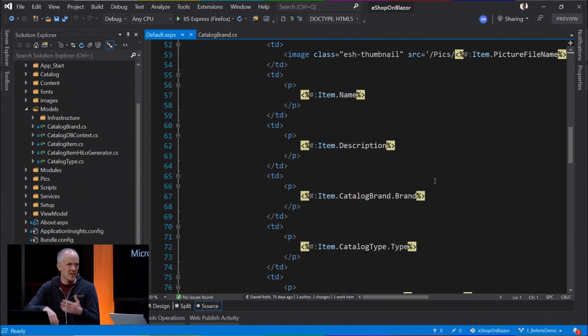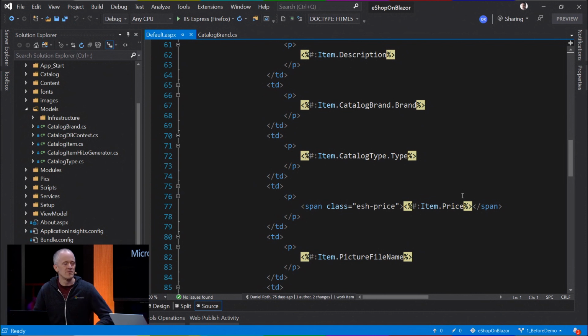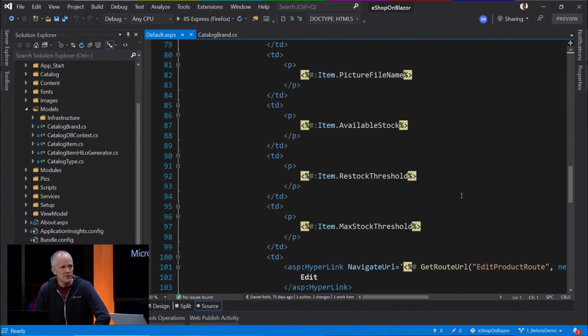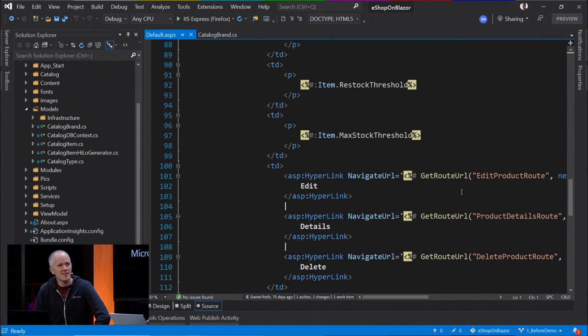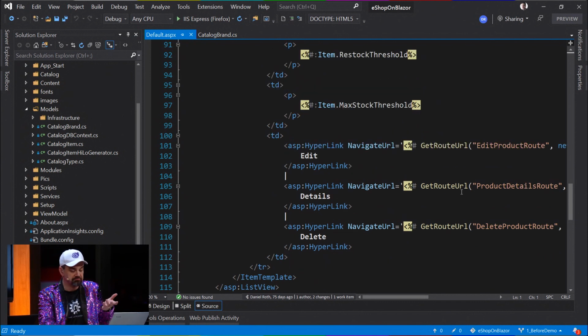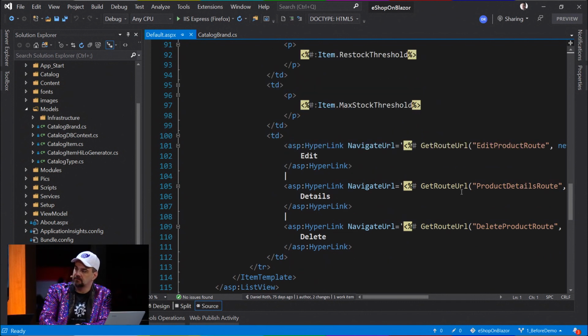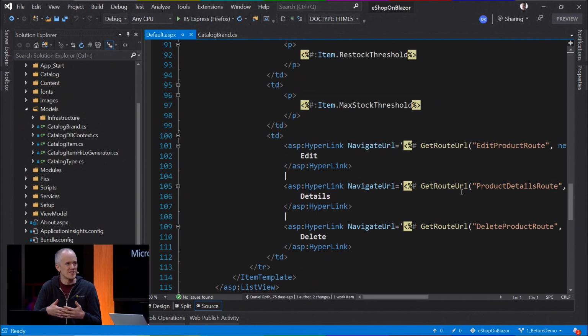This is a catalog, displaying a list, paged, pretty classic web form stuff. Right. Model binding. I'm generating some hyperlinks here at the bottom. Easy. Okay, so what do we start with if we want to move this? How do we learn some Blazor